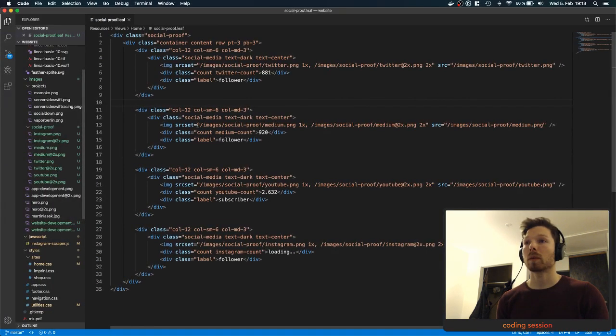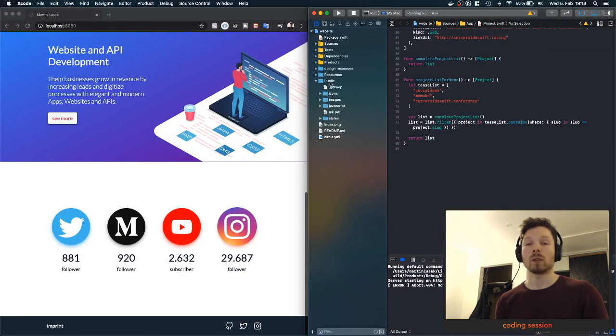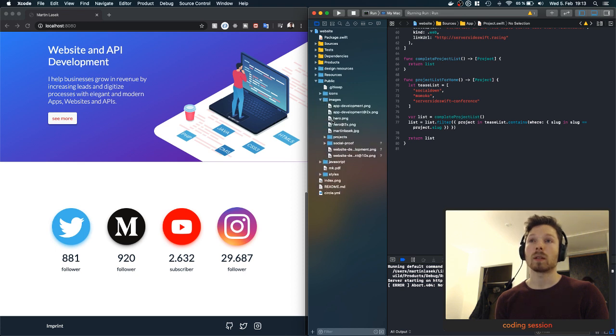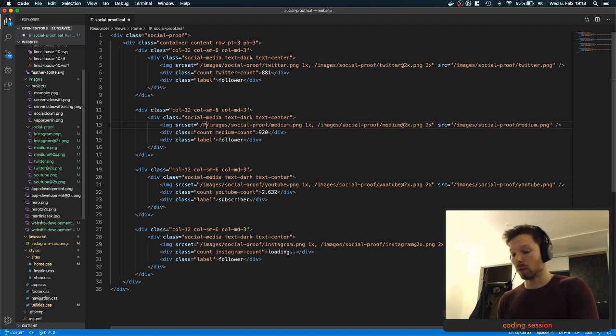Let me show you. I have a reference to an image by having /images/socialproof/ and then the image. So you see, I'm not using the public folder name, but I say /images/socialproof/medium, right? So you could also just use /mkey.pdf, and it's all like right away here. You don't have to use public.